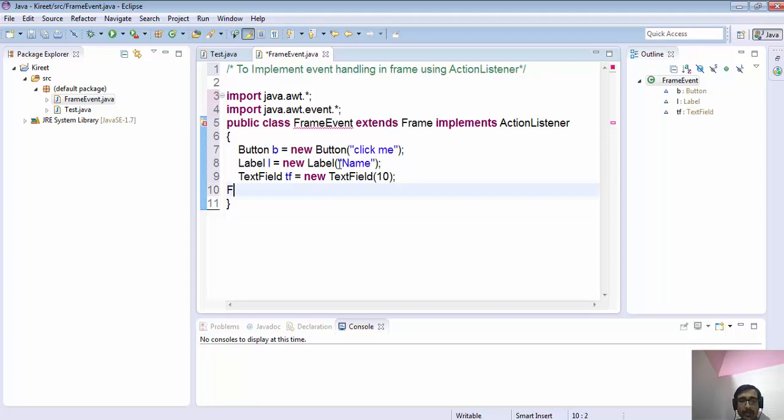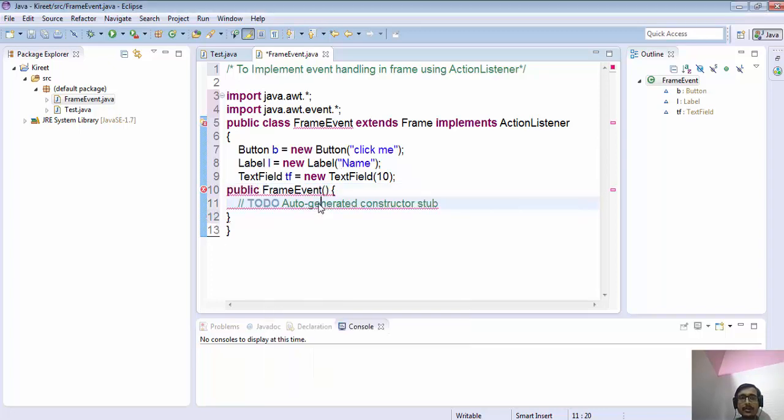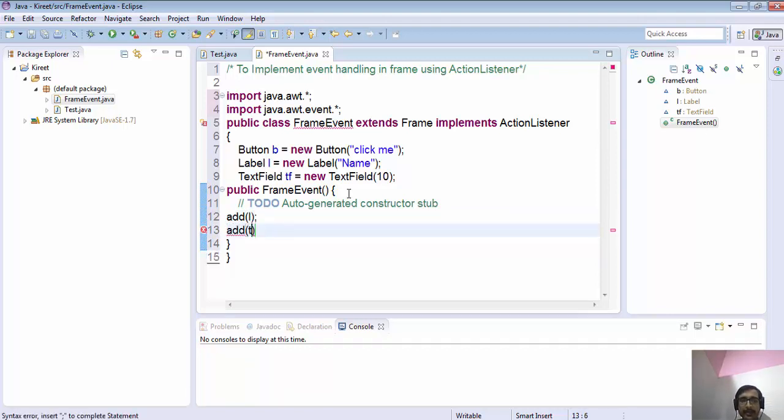Now we have to create a constructor of this frame event class, and we have to add these components. So we have to add this label, this text field, and this button in this frame.